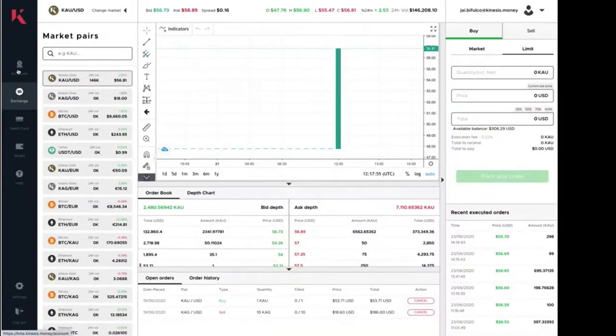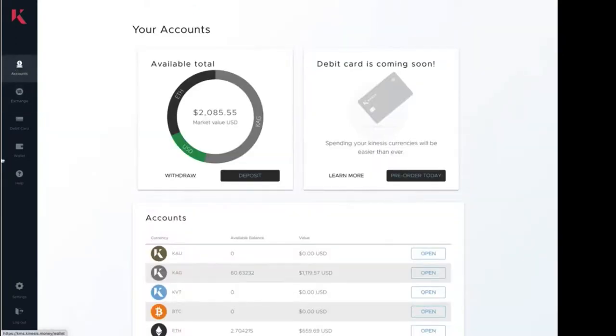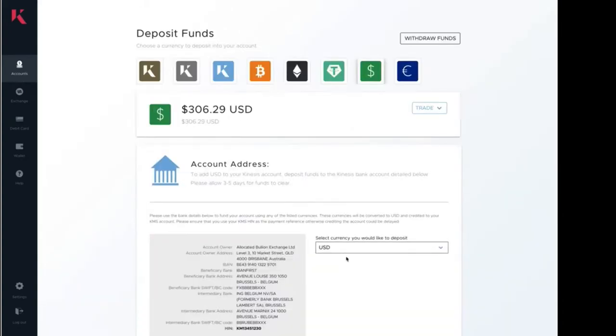Okay, so we've also added another feature here that I'd like to make everybody aware of. It is on the deposit function of the Kinesis Money platform itself. So if you come back out into accounts, you'll come to deposit. So if you select your currency, whether it be US dollars, AED, AUD, you'll see the IBAN changing. And as we go through Canadian dollars, yen,